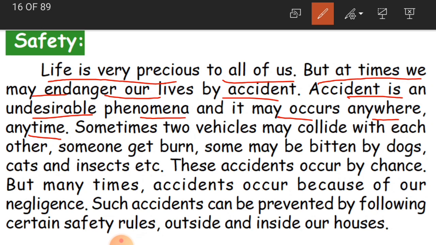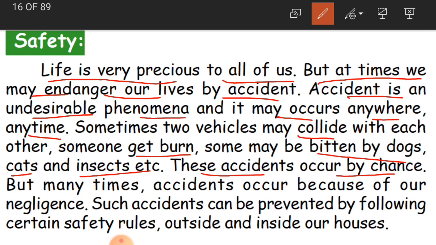If we are not cautious, we may face accidents anywhere, anytime. Sometimes two vehicles may collide with each other, someone gets burned, some may be bitten by dogs, cats, insects, etc. So these accidents occur by chance.